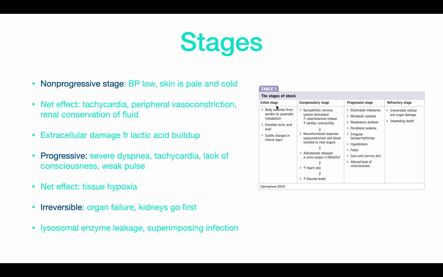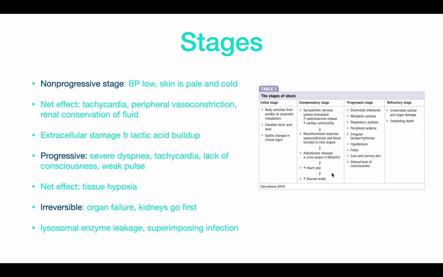So here are the stages again. The body's going to switch from aerobic to anaerobic. There's the lactic acid. In the compensatory stage, catecholamines are going to increase and tachycardia is going to occur. Vasoconstriction, and aldosterone is going to be increased to raise the blood pressure. It's going to decrease urine to retain the fluid, increase the heart rate, and increase the glucose level to meet